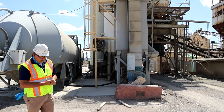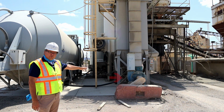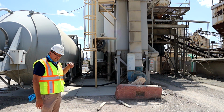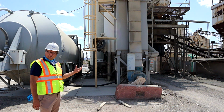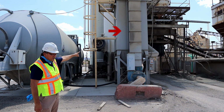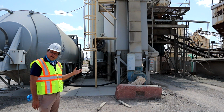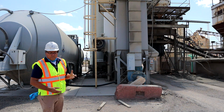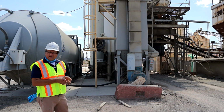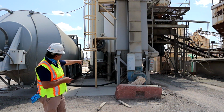All right, so what we have here behind me is a dust collector. On the ground level behind this red block is the motor and the fan. That fan is pulling air through the system, and you can see there's a downcomer stack that's actually coming down. You're sucking air through a baghouse. A baghouse is essentially a vacuum cleaner. We're drawing air through it, pulling it through filter bags, collecting the product, and then emitting from the shorter stack